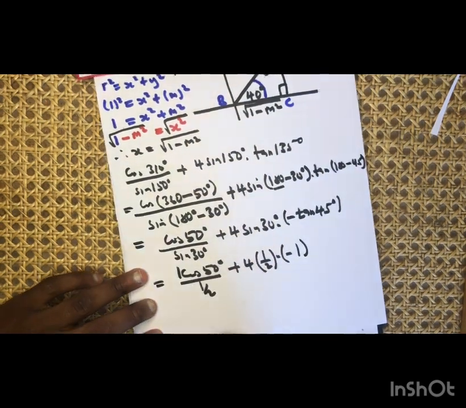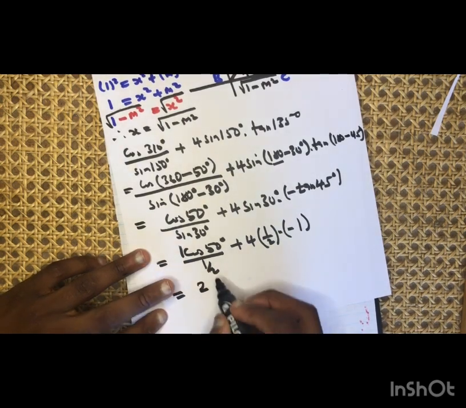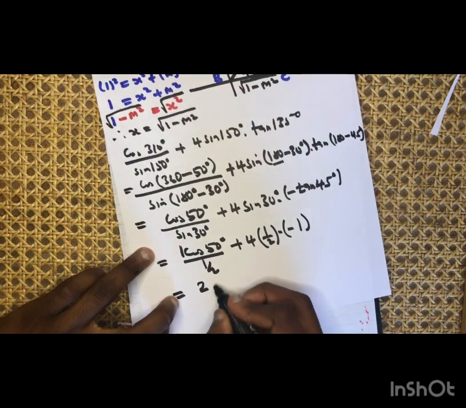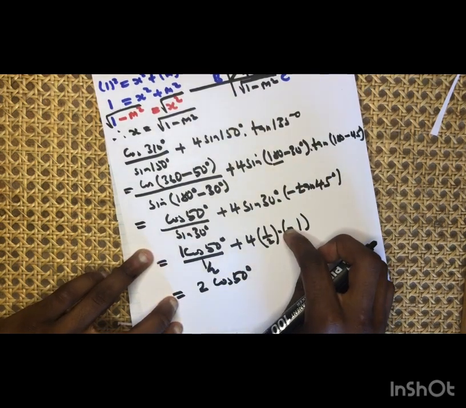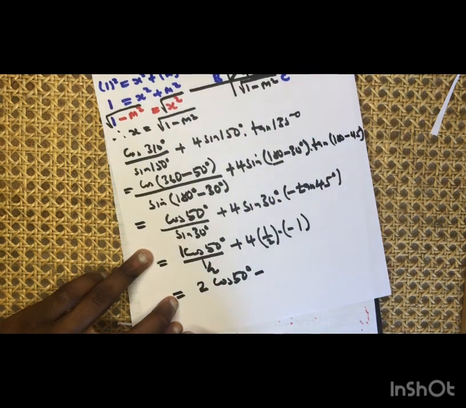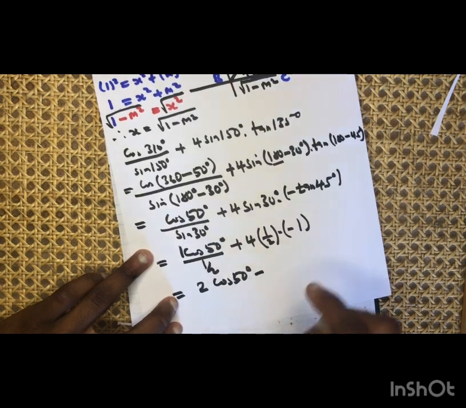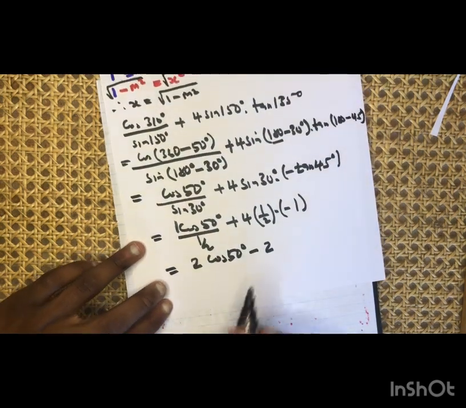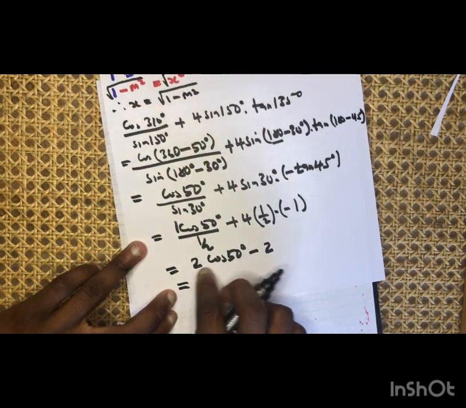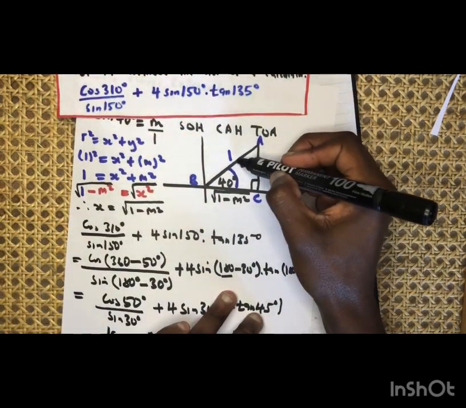So guys, we have 1 here. So if I say 1 divided by half, I'm going to get 2, then times by cos 50, then positive times a negative, it's a negative. Understand? So then we said 4 times half is 2 times 1, which is 2. So in this case, guys, I'm having 2 cos 50 minus 2, but we can get 50 there because we